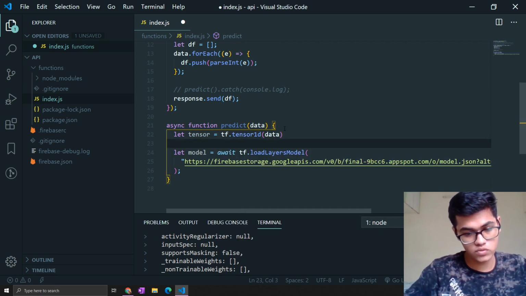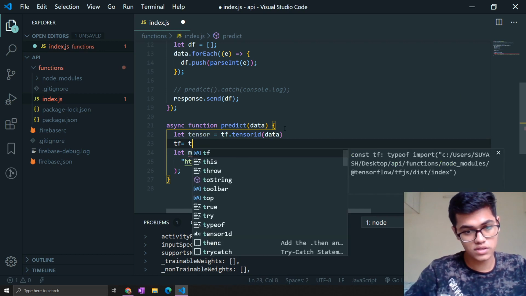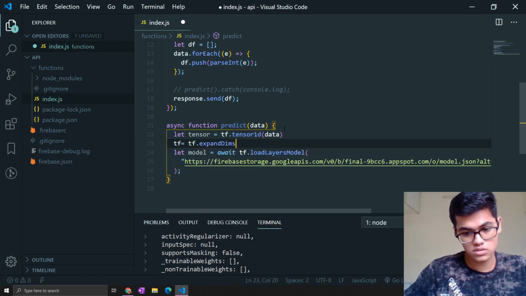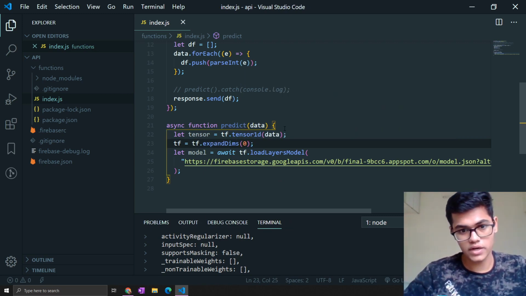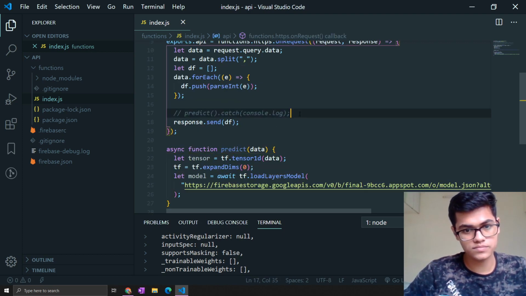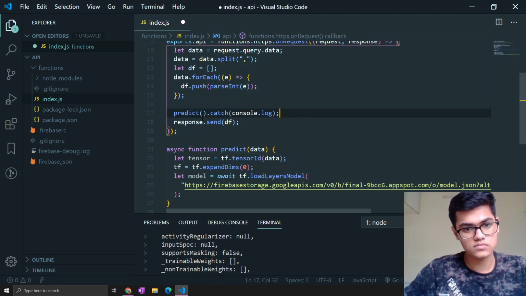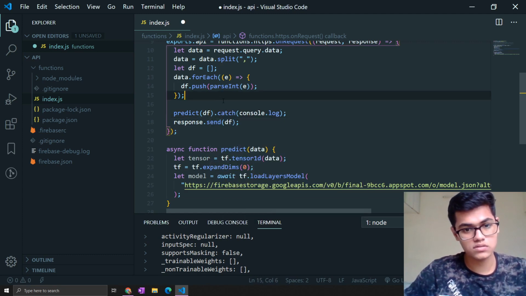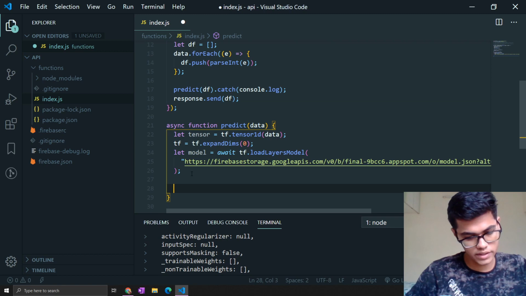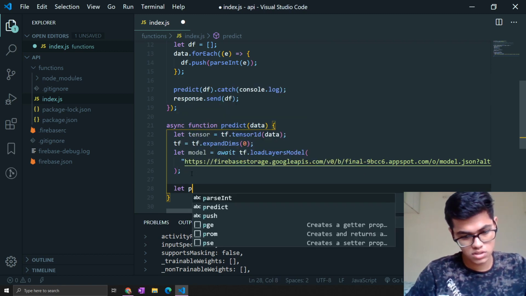After that, we need to expand the dimensions: .expandDims(0). Now I think we are ready to do everything. Let me just pass this data here. Now we will get the predictions.